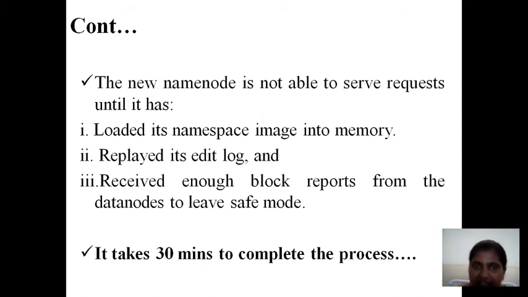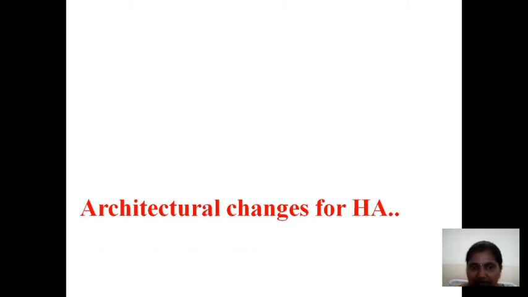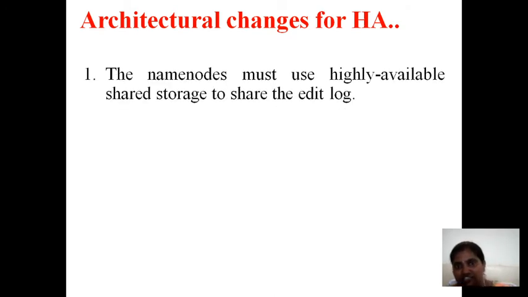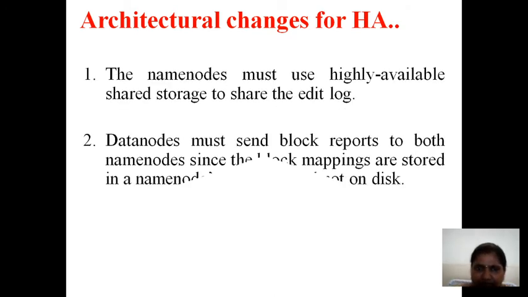That is enough. If a cloud is not able to run for 30 minutes for the total world, just imagine the worst situation. Now what do we have to do? What architectural changes do we have to make? We have to create one more name node. We have to maintain everything. We have to check the updates. Is there any problem? Okay.